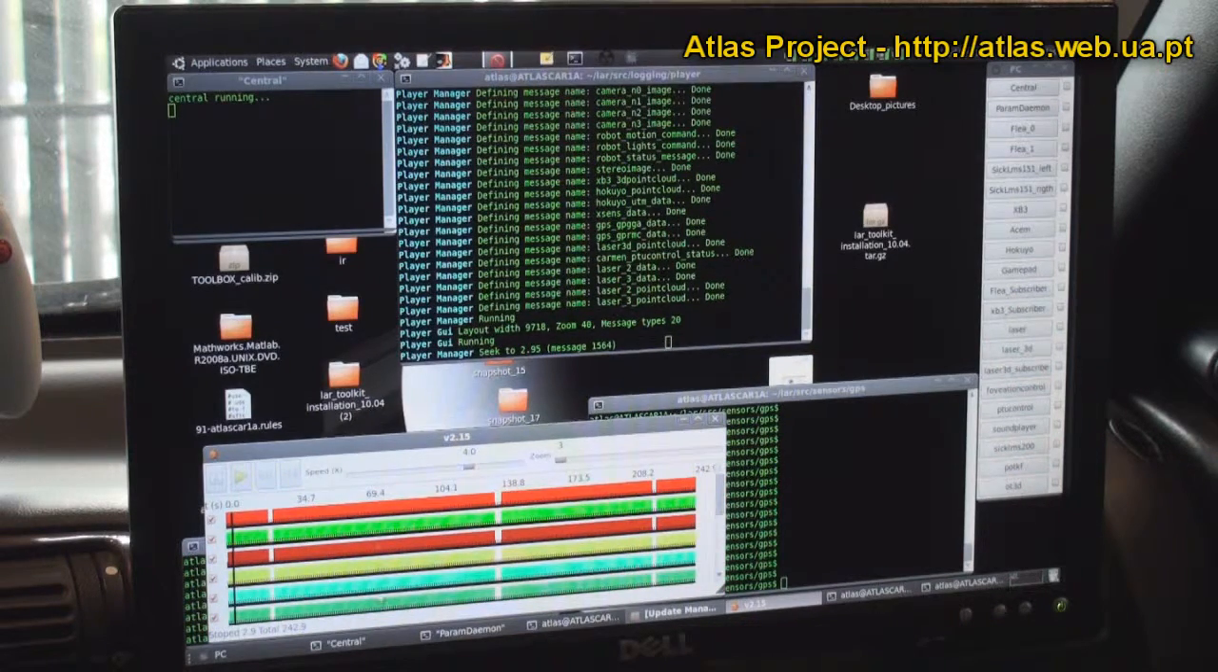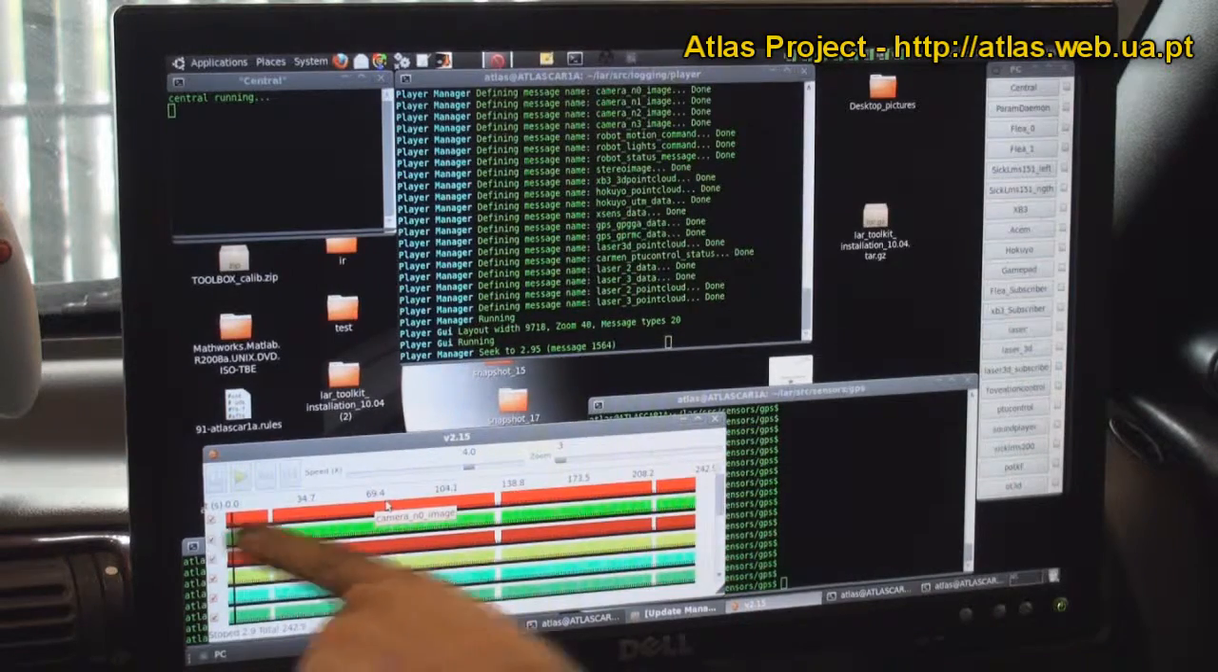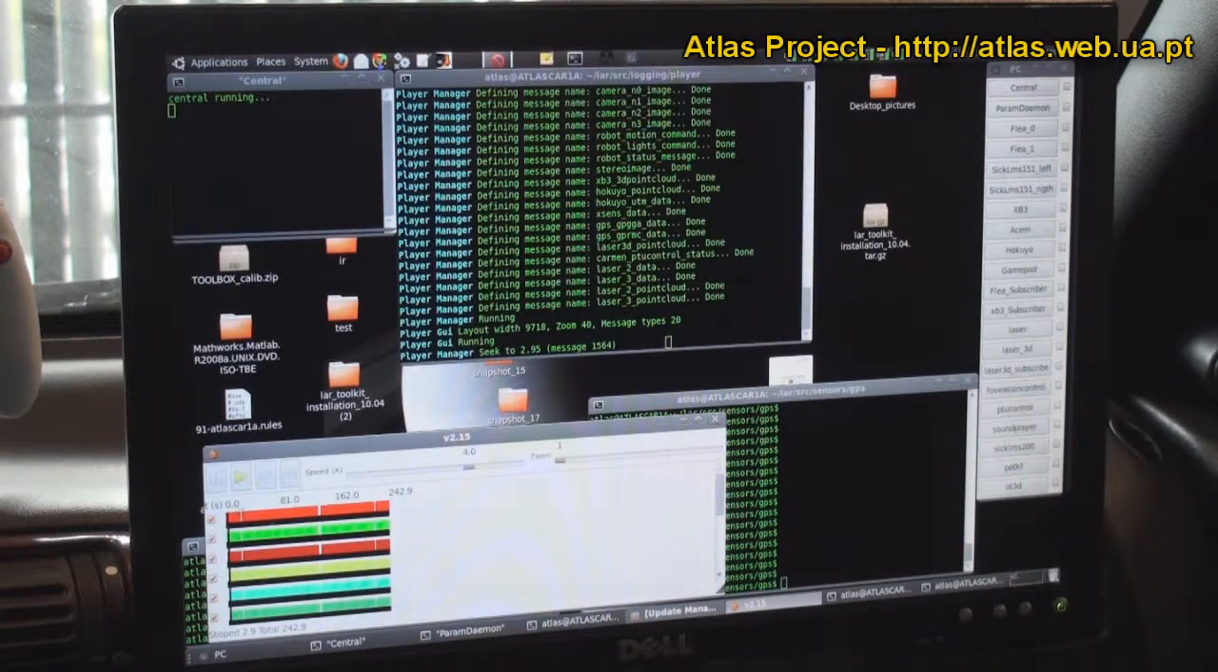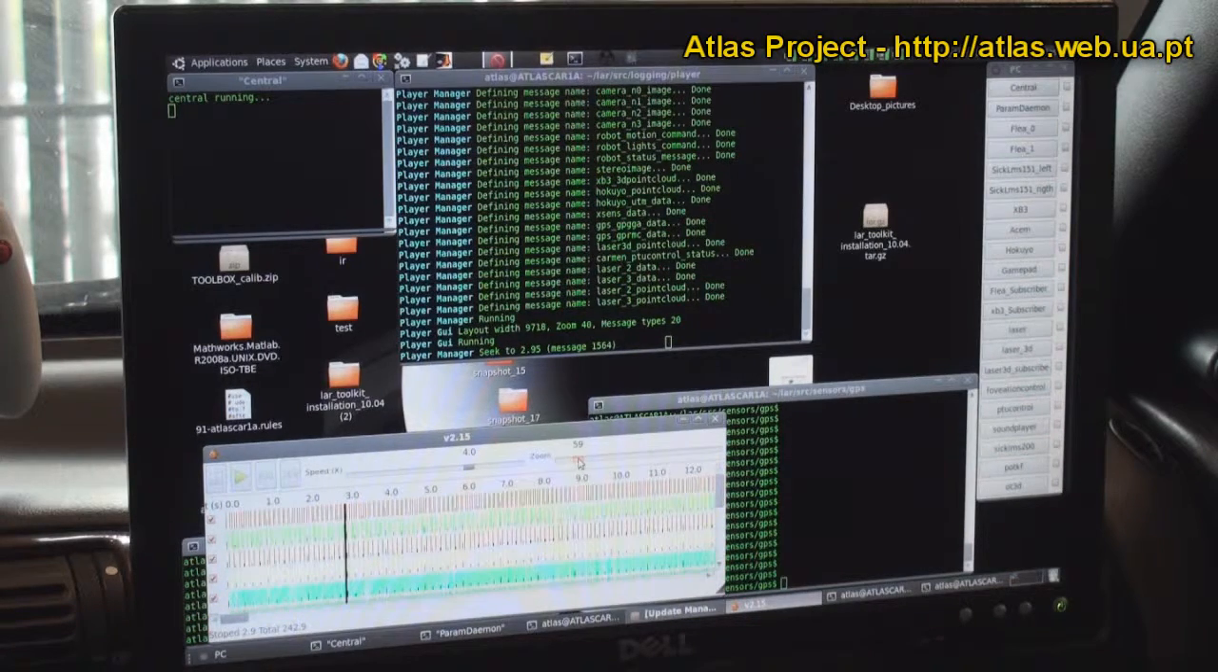Here you see a typical playback of a log. So we have several messages which are represented by the bands, the colored bands, and you see here this is a camera message, and then we have laser messages. This is time along the log. So if we zoom out completely, you can see that the log has 242 seconds, and if we zoom in, we can see that different messages have different